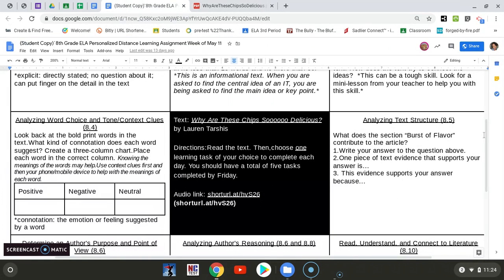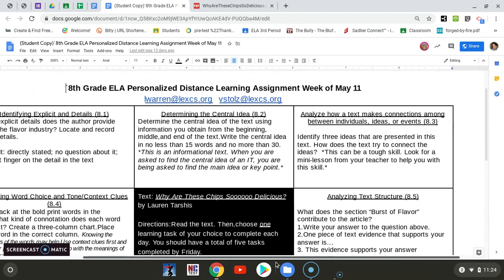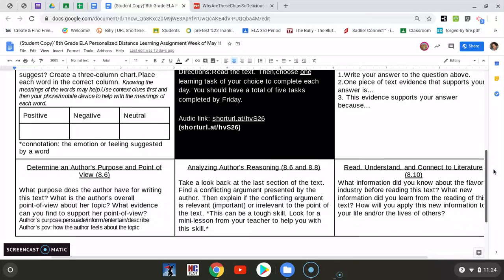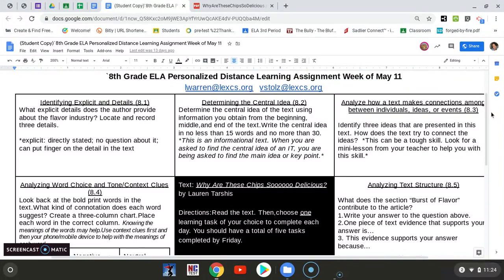So just looking back at some of the tasks that you have to complete this week. Again, your goal is to choose any 5 of the tasks that are provided for you. You have 8, but you only have to do 5. Students, whenever you are replying back or completing the task, please be as detailed as possible with your response. If you just give us one little word, that really doesn't help us to know if you really are truly grasping the skill. Sometimes we can figure that out, but there are some times where we just cannot.